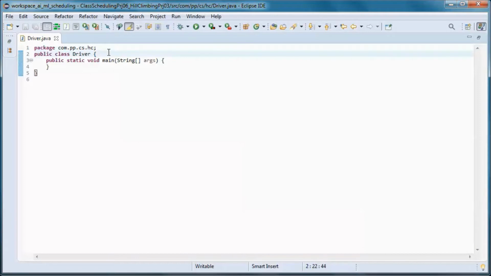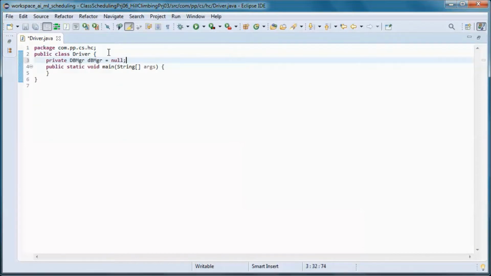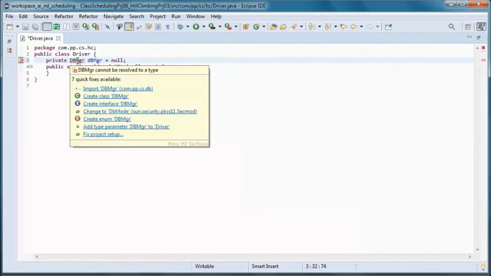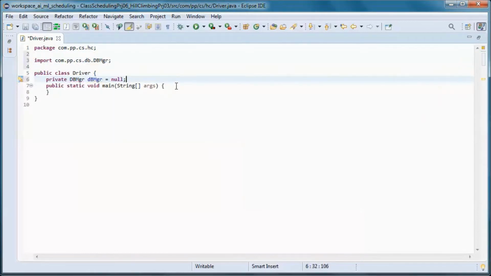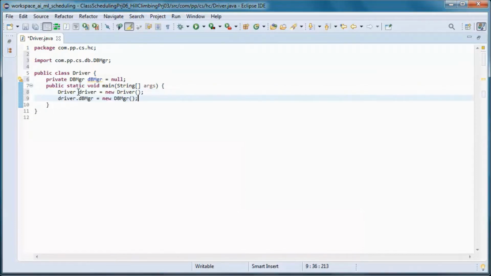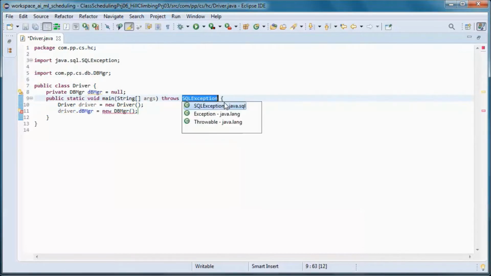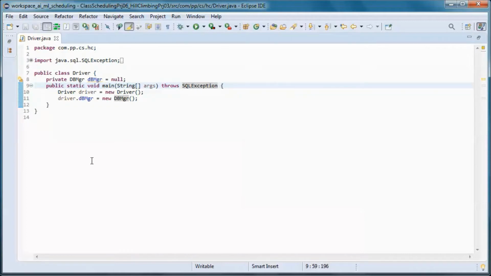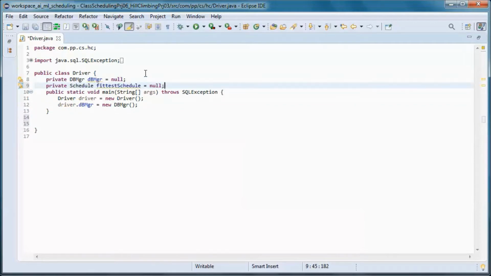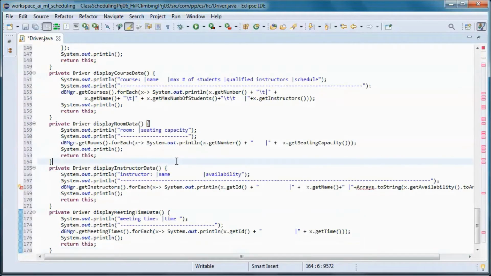So we'll use this DB manager to pick up the data, and we'll instantiate it. And also we need to keep track of the fittest schedule, and this code handles display.